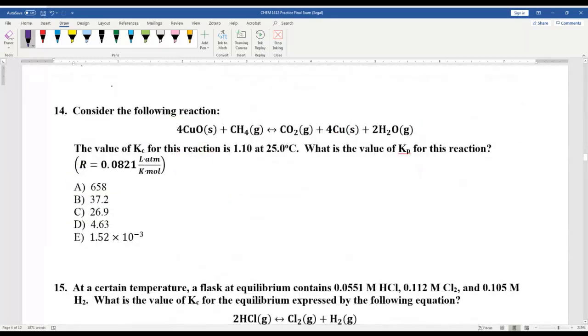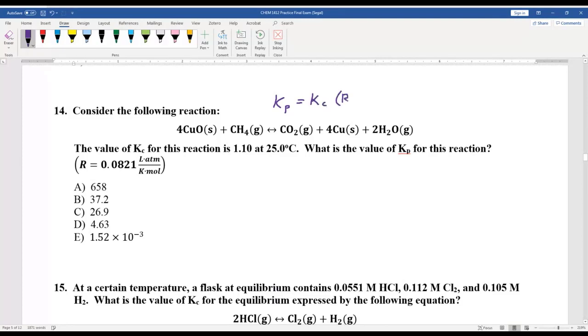Let's hit the next one. So consider the following reaction. The value of Kc for this reaction is 1.10 at 25 degrees Celsius. What is the value of Kp for this reaction? So this involves knowing the Kp to Kc conversion equation. And basically, Kp is equal to Kc